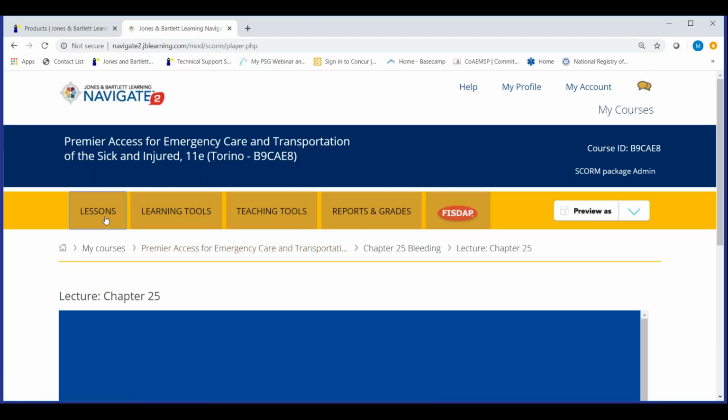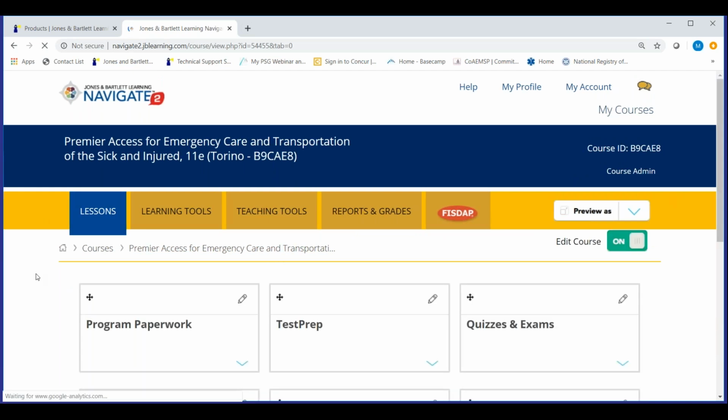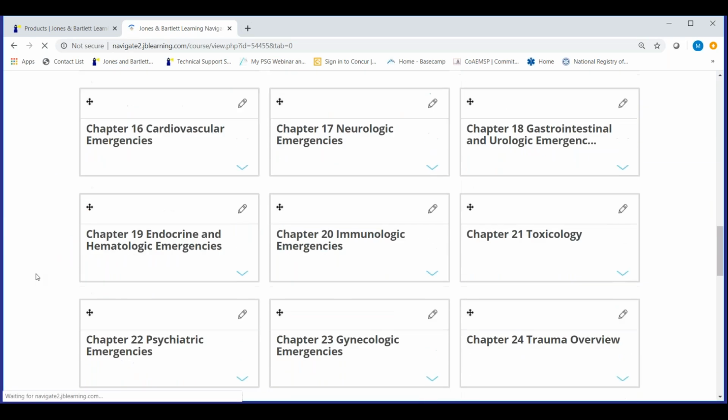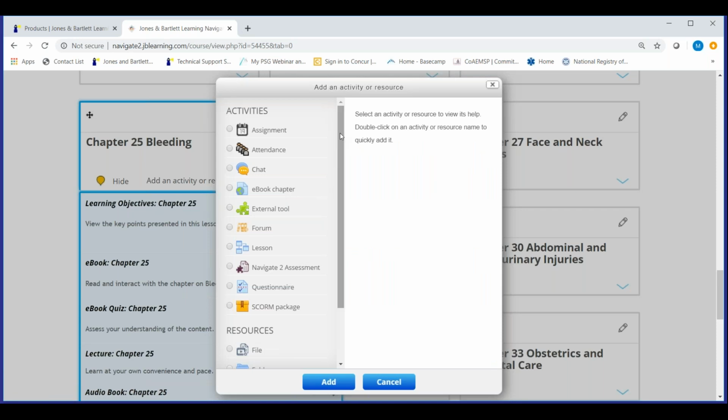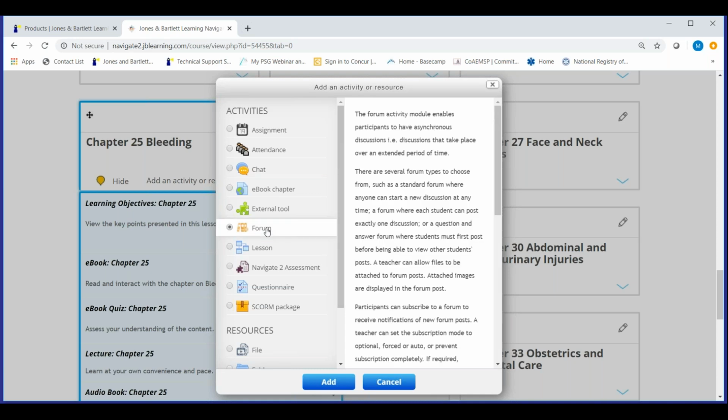A couple of the other things that we think are unique to our program and nice for our students: when we look at this add an activity or resource bar, it gives a list of things that we could put in the program. Just in the essence of time and being able to answer some more questions, I'll just talk quickly about the forums and the lesson package. The forums is as it says. If anybody's used Blackboard or Canvas, they have a similar style forum package.